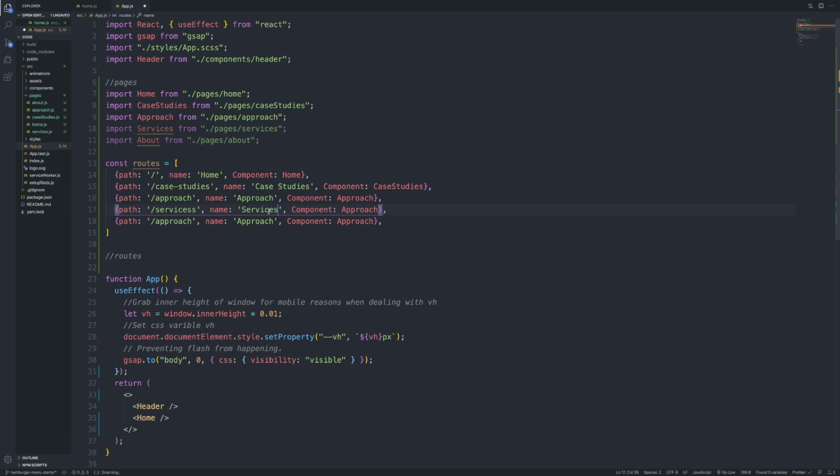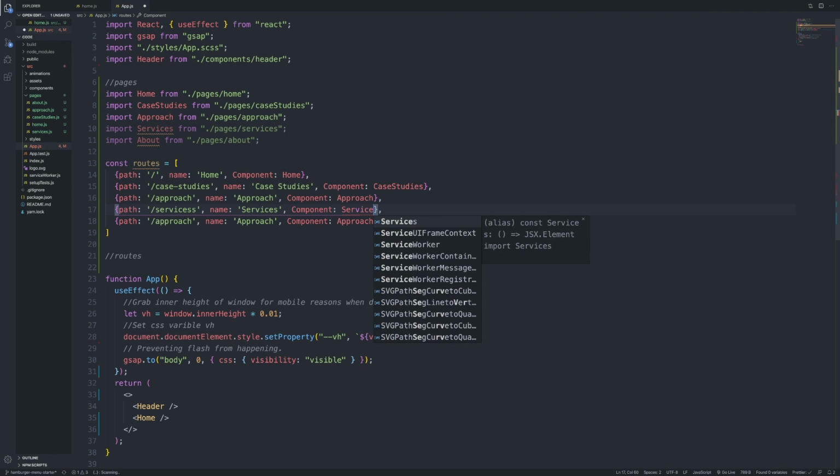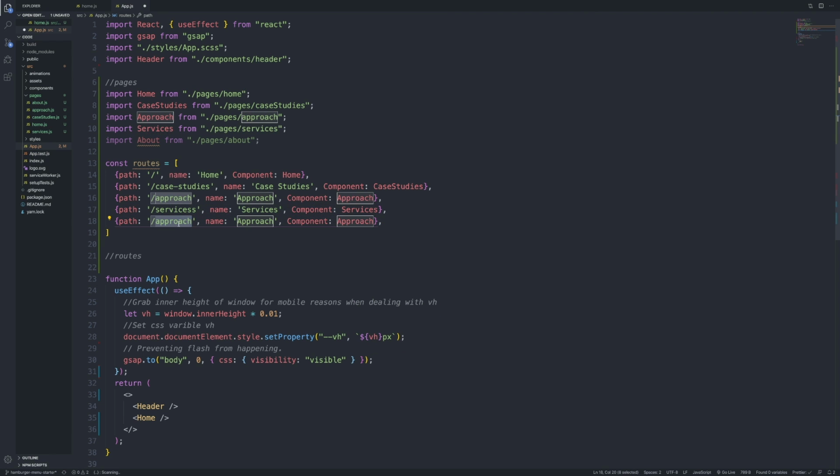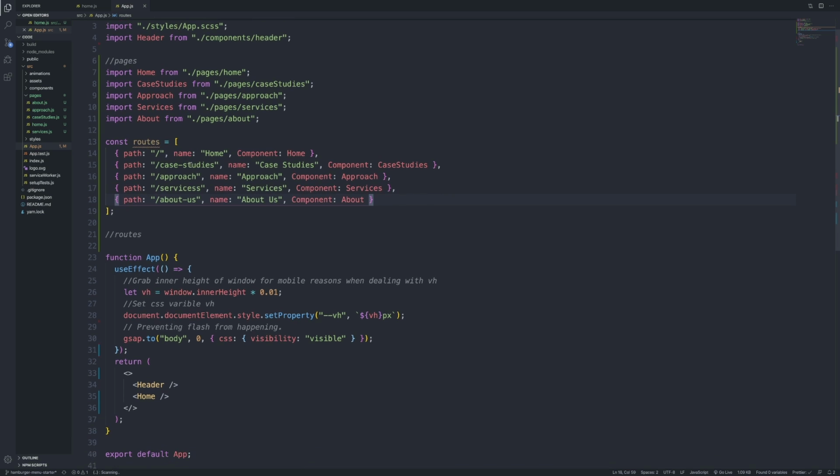We'll write services, and then the component is going to be services. Finally, we have about, and for the about URL or the path, I want to do about-us. Then the name is going to be About Us. I'll do capital, and then the component is just About. Okay, so we've created our routes here, and what we'll want to do is we'll want to map through our